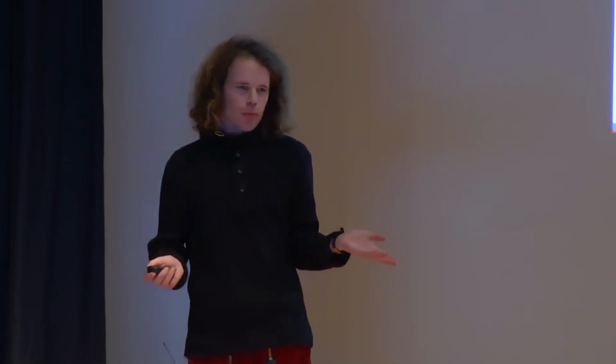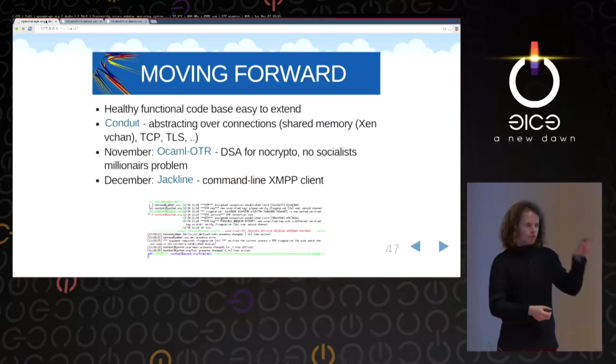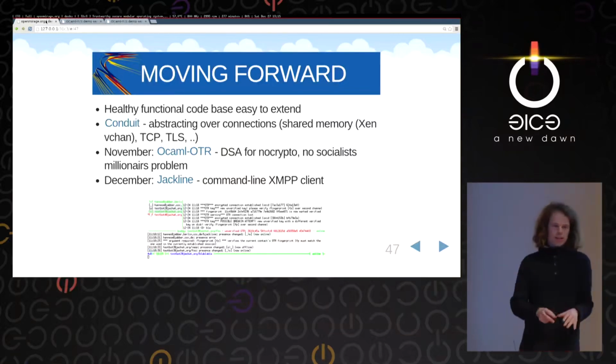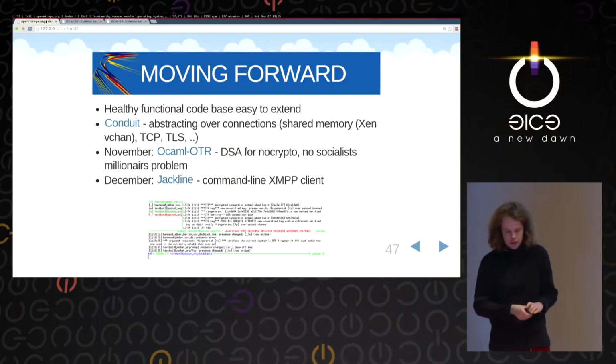So either shared memory or TCP or TLS or whatever. And the Conduit library is both server and client side, an abstraction over that. You just say, oh, I want to talk to that host. And if it's on the same physical host, you can just have a virtual machine, virtual shared memory